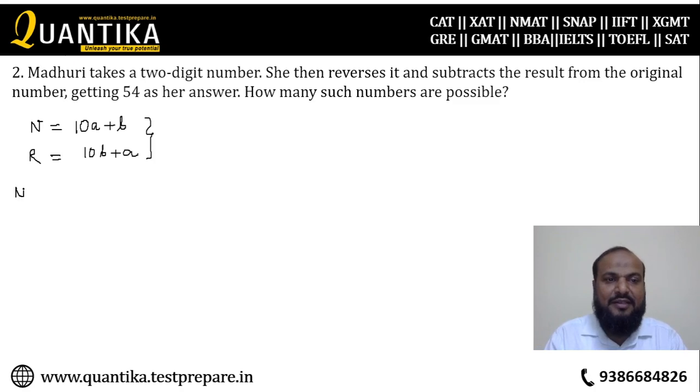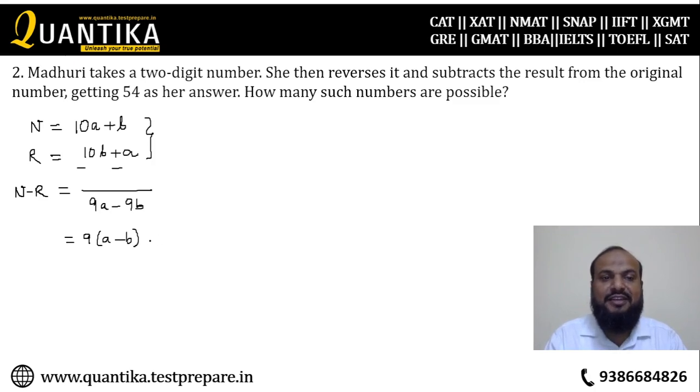That means this is what Madhuri is doing: n minus r is equal to 10a plus b minus (10b plus a). So this becomes 9a minus 9b, and this is going to be positive. That means 9 into (a minus b) is equal to a positive number, which is given as 54 in the question. Now, after reading this line, you should understand that n is already more than r,